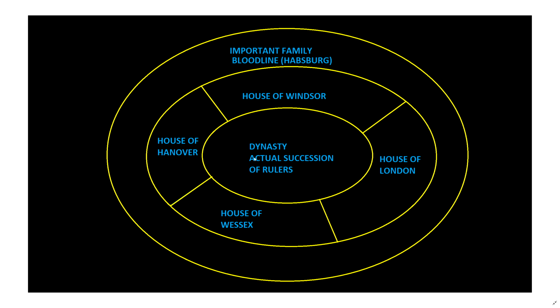A dynasty is an actual succession of rulers of a country, mostly bound together by family. So part of a bloodline. It could also be part of a tradition, but that's really not that common. A dynasty is really the connection in blood, and that's something that is closely connected to absolutism, to the belief that this dynasty or that bloodline, that family is also in time chosen to do something later on.